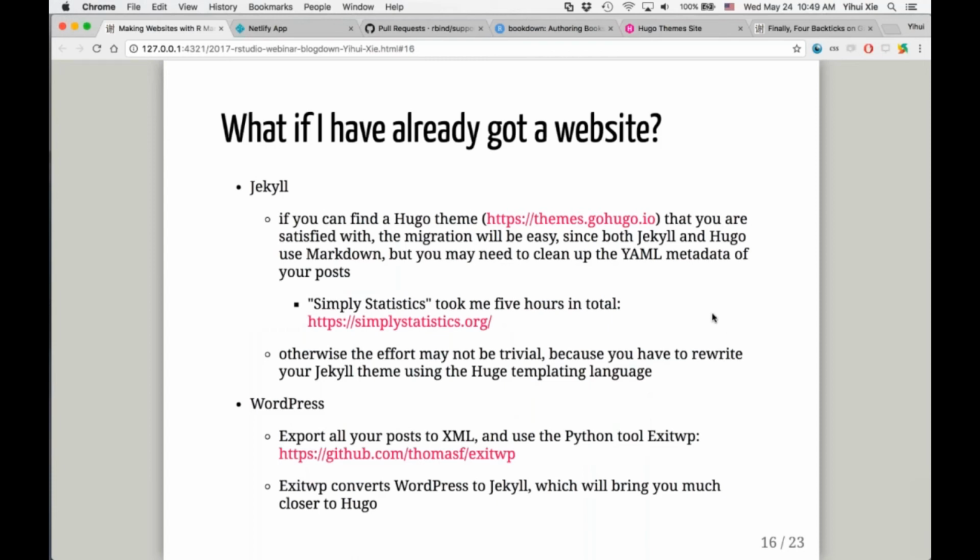If you have already got a website, you will have to migrate to Hugo. For example, if you have a Jekyll website, I recommend you go to the Hugo Themes website and pick a theme that you like. Basically, the rest of the things you need to do is to copy your Markdown pages and posts to the new website, and then clean up. Probably you need to clean up the YAML metadata of your old pages. Just to give you an idea of how difficult that is,